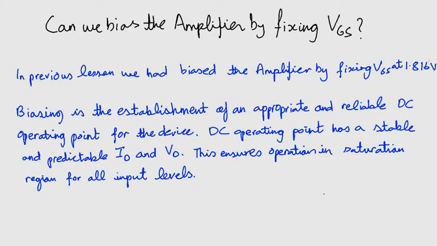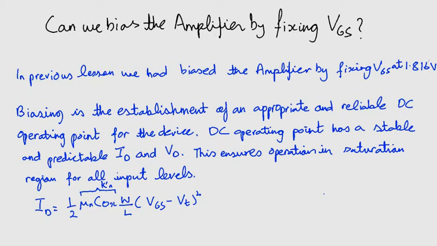What we were doing was that we had fixed VGS. It could have been provided from a DC supply voltage VDD by the use of an appropriate voltage divider or derived from another suitable reference voltage. Either way, the current ID would have the equation ID equals half mu n Cox W over L (VGS minus VT)